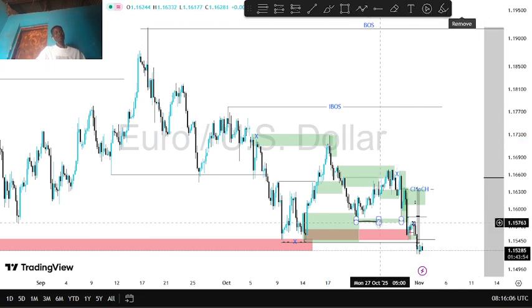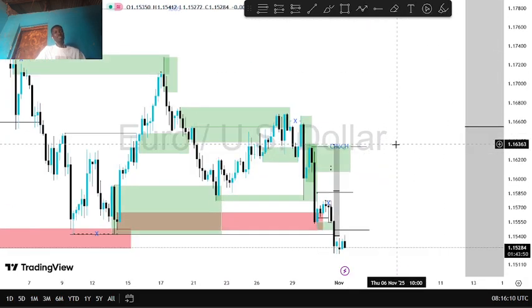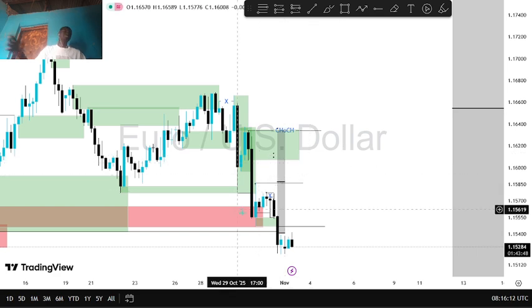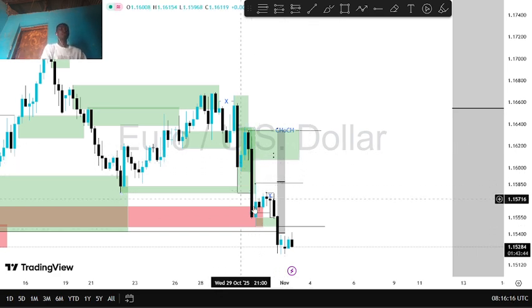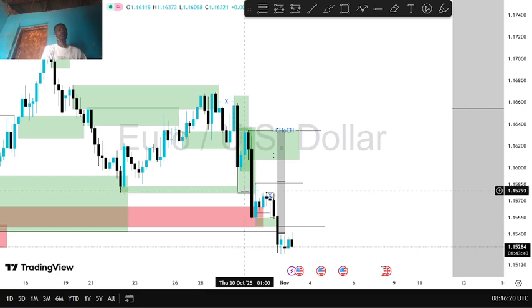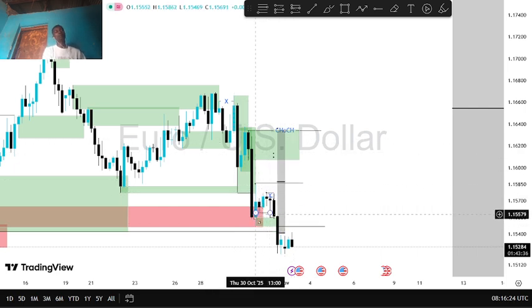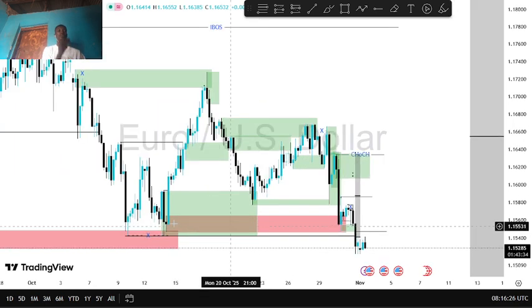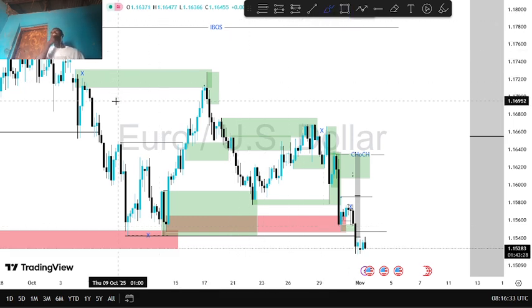What happened last week shouldn't have happened, but it did, because in the morning the plan was, as I'm explaining, I was expecting a pullback into the major zone, although we had mitigated this order flow, the last order flow. I was expecting a major pullback because of this demand mitigation. But the thing that was speaking against the trade was